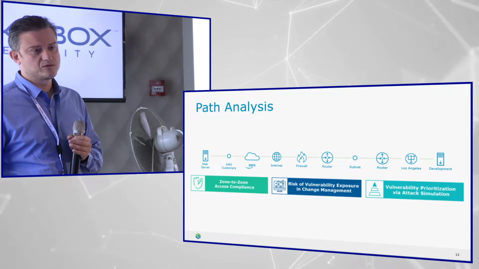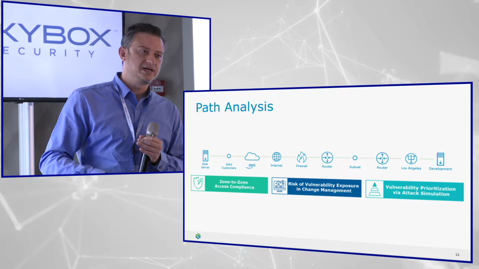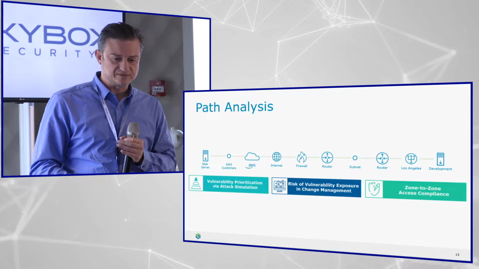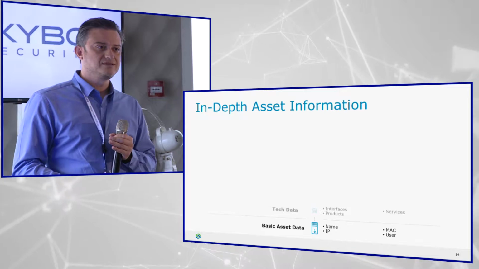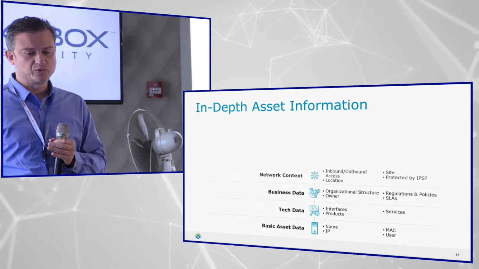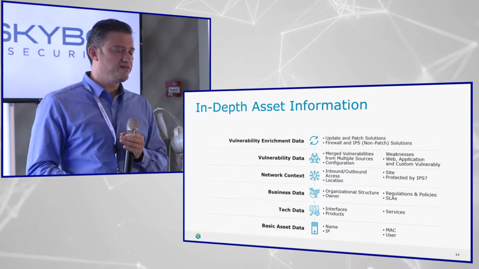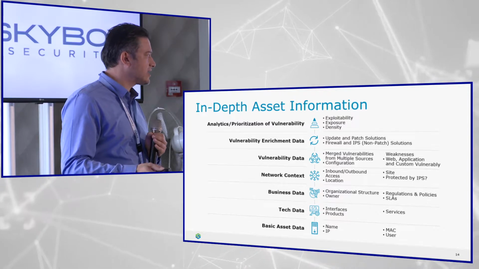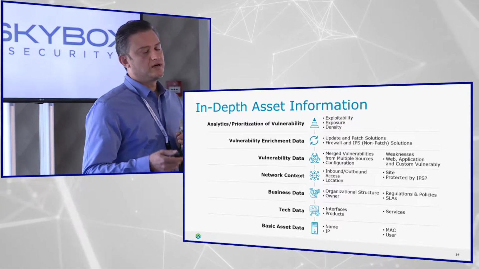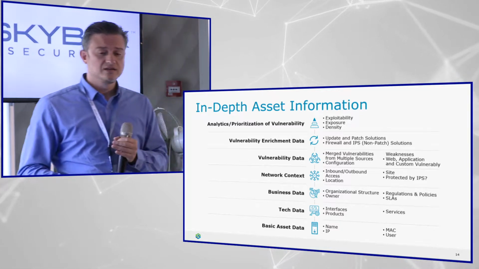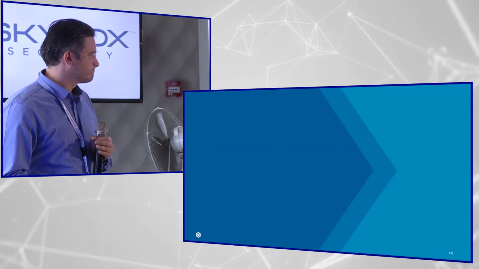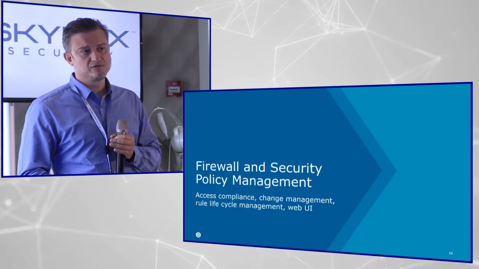And of course, the basic one, zone-to-zone compliance from point A to point B, from DMZ to internal, from internal to external, etc., etc. Basic stuff. So after all, on the path analysis chain, the asset at the end is what is important. And the asset has many, many things we have to take into consideration. IP, interfaces, services, access, where it's located, zones, and finally, vulnerabilities and exploitability level of these vulnerabilities. So once again, firewall and security policy management.